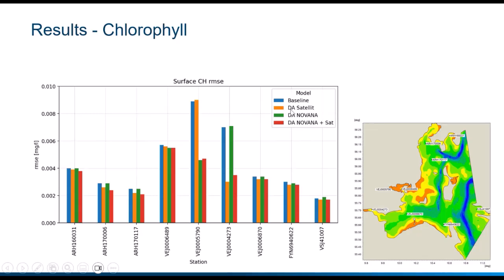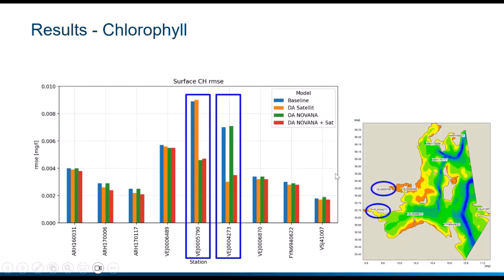We have been running one where we only assimilated the satellite data to see the pure effect of the satellites. Then that's the orange, and the green is then running with only monitoring data, and then the red one is the combined results with both the monitoring data and the satellite data. And we see that if we go from the blue to the red, a reduction of the root mean square error at the majority of the stations. And especially at 2 stations, we see quite a large reduction of the root mean square error.